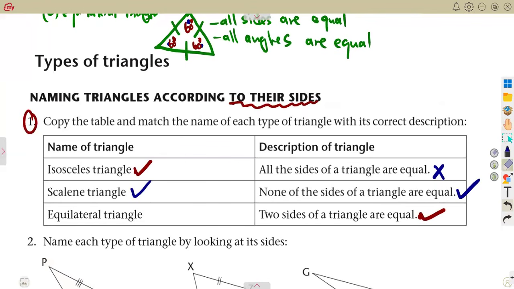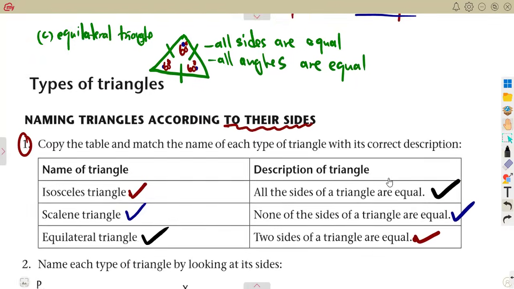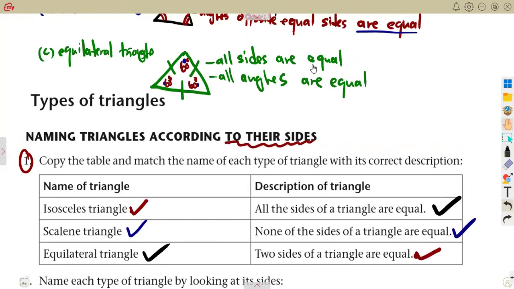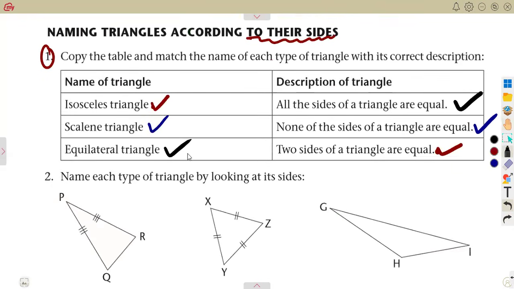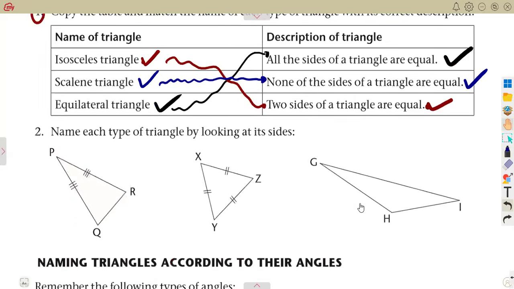All right. So let's move on to the last one, which is an equilateral triangle. All the sides of the triangle are equal. That is correct. That is exactly what we had. All sides are equal. So you were going to write this matching to this one. All right. This here matching to this one. And as we can see, the scalene is matching directly to its answer. All right. Number two,